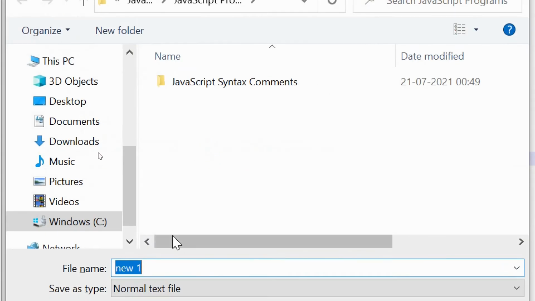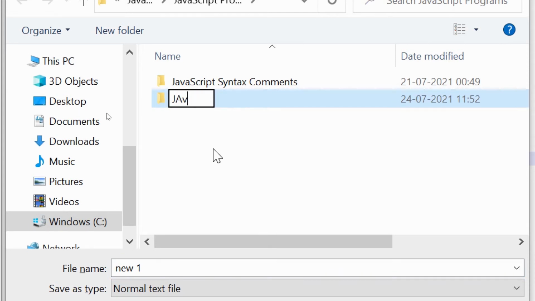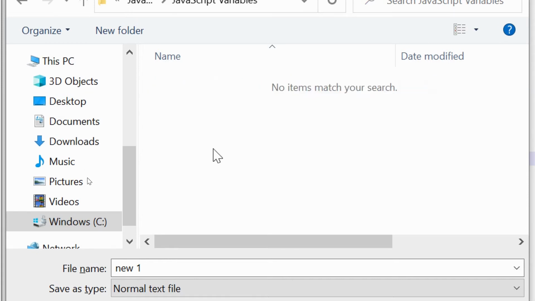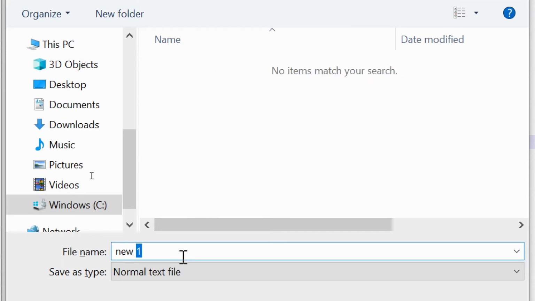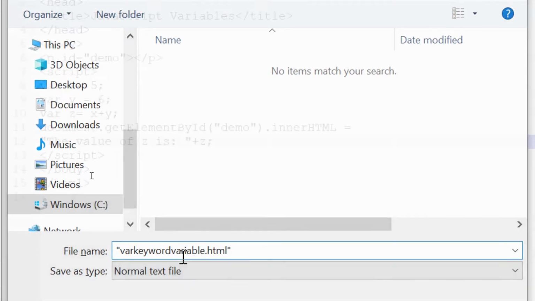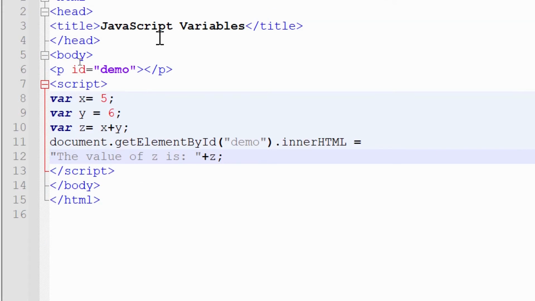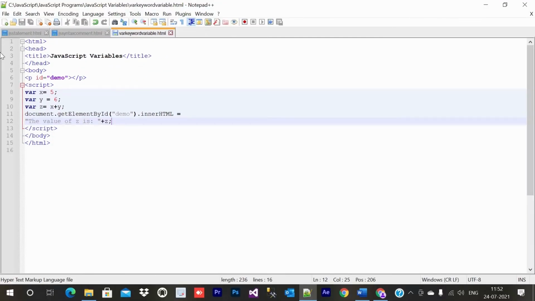So let's just save it. So we are just creating a folder. I am creating a folder JavaScript variables, and inside it I am using the var keyword, variable.html, because we are using the var keyword to declare variables in that example.